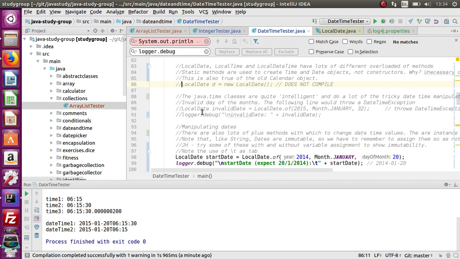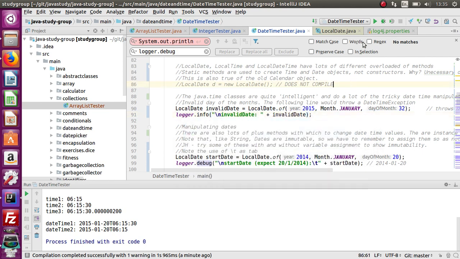So here we can show, now they're actually quite intelligent. Now this is the thing that they have over the Calendar class, really. Calendar class kind of let you do nonsense things, but it also required of you that you yourself mentally had to work out things like, is this a leap year, or how many days are in this month, and you as a developer had to think more about that. But this handles it better for you. So here we see, for example, we're saying the 32nd of January, which obviously doesn't exist. So if we print that